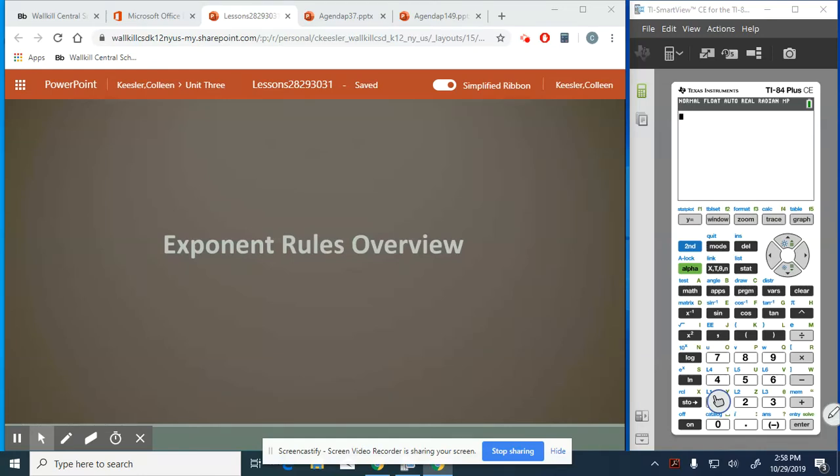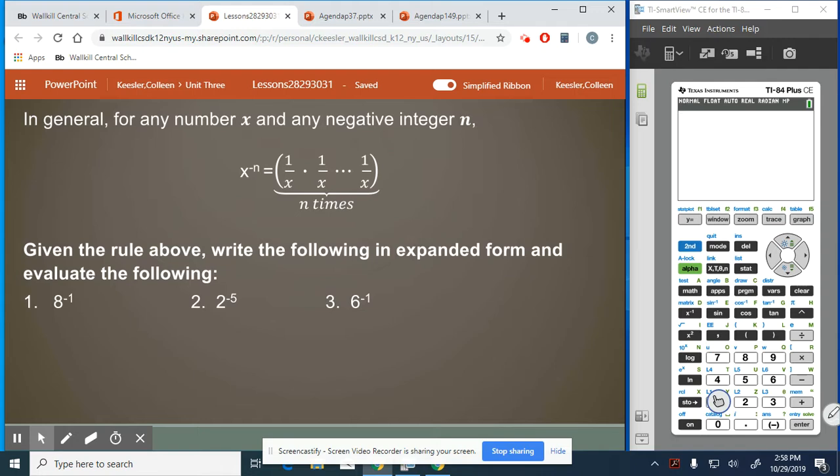Hey gang, today we're going to be doing an overview of some exponent rules that you may or may not remember from the past, but you definitely need them to be successful in our upcoming units in algebra. So our first rule is, in general, for any number x and any integer n, x to the negative n